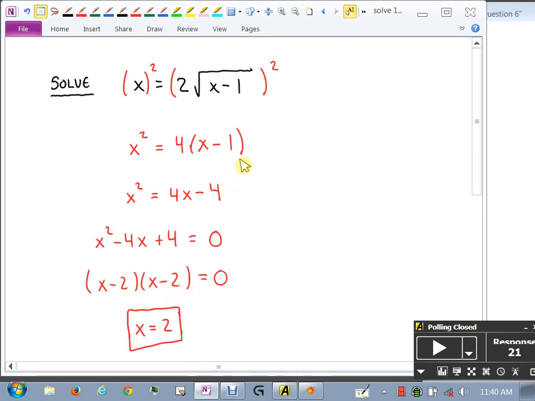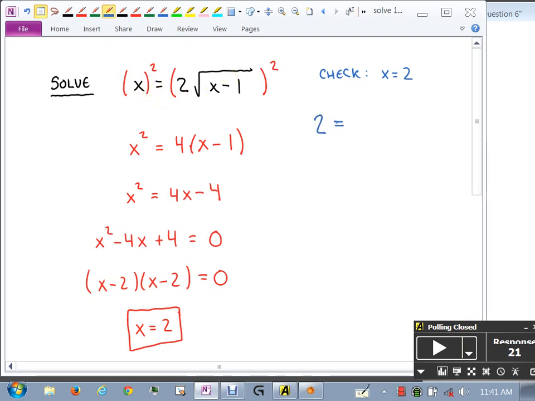Should I check this answer? Yes, because I squared both sides, right? And because I squared it, it's an even power, I need to check it. So here's my check step. I want to check x is 2. I'm going to check it in the original problem, right? I'm not going to come down here and plug it in. Before I squared is when I need to plug it in. So the original problem was the part in black here, so it should be 2